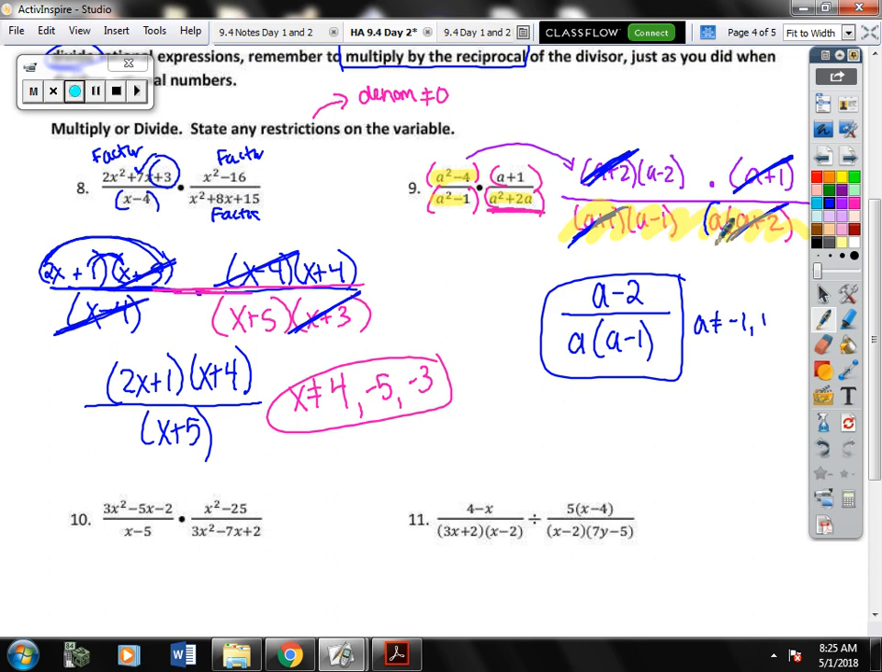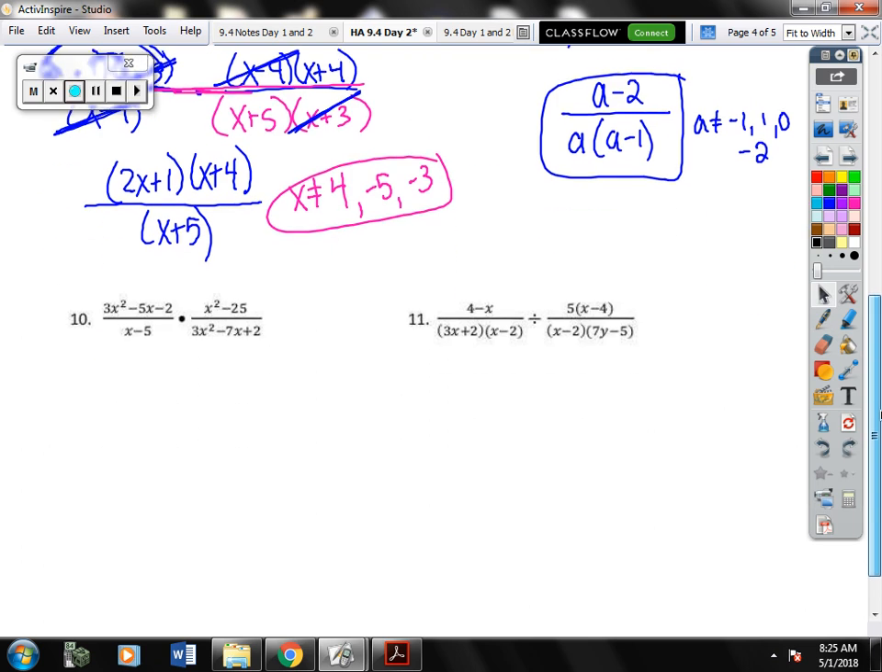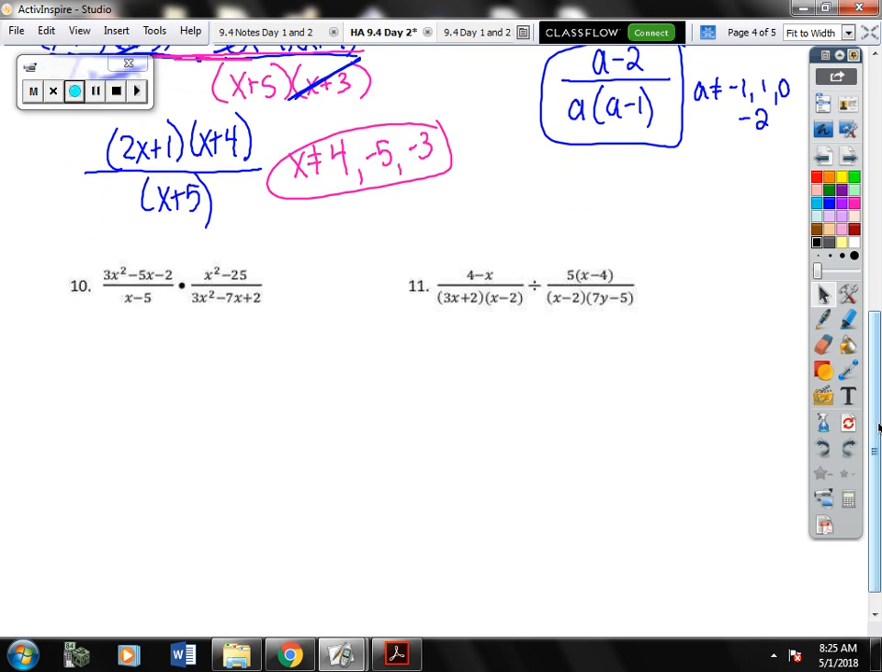Don't forget about this one. A lot of you forget about this. If it's just the letter a, it cannot equal 0. And then also negative 2. So it should have 4 restrictions on that problem. See if you guys can try number 10 on your own, and then we'll take a look at 11, where